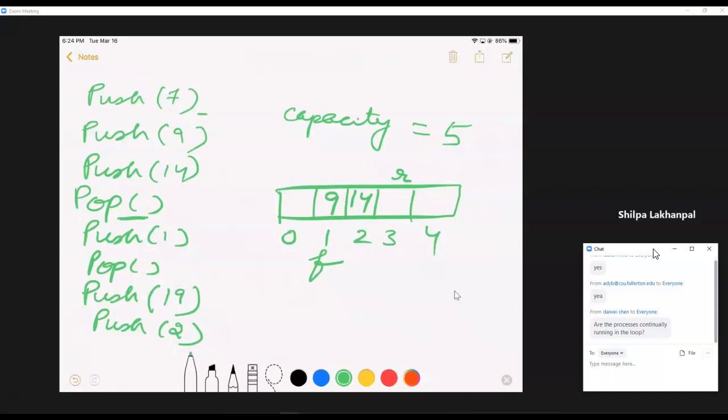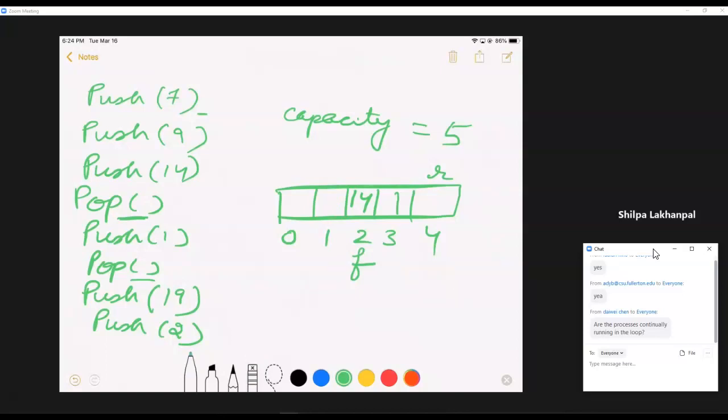Now comes again a push 1. 1 will just be put over here and R will actually go over here. Then again comes a pop. Pop just moves front 1 position, indicating that this element is gone. So you can just erase it.